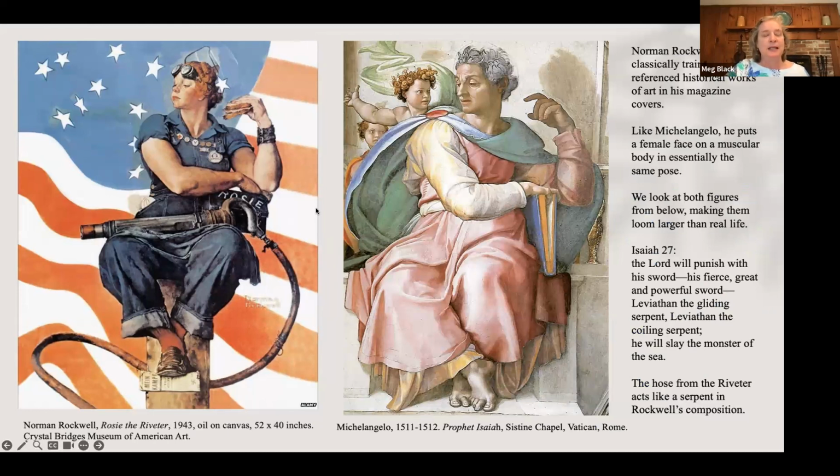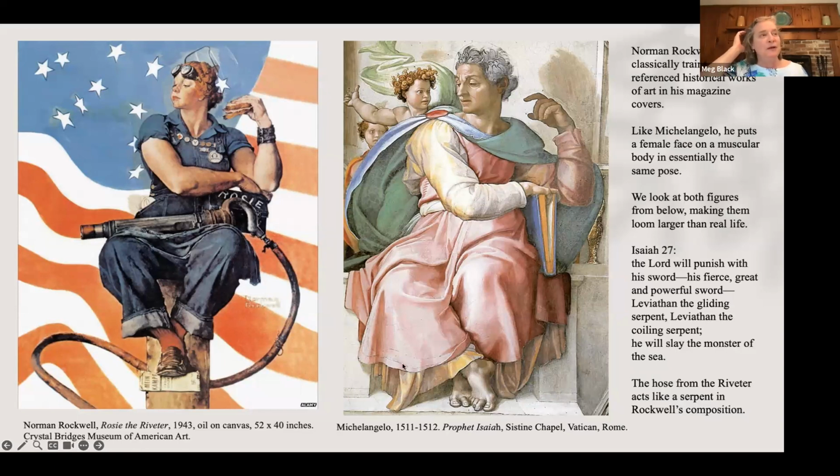And he, as any artist, especially back then, would have studied. When you studied art history, you studied the Renaissance and you studied Michelangelo. But you were just indoctrinated in Michelangelo. So he uses it. He doesn't even try to pretend, does he? He uses the same pose and the same everything to get his Rosie that he learned from Michelangelo.